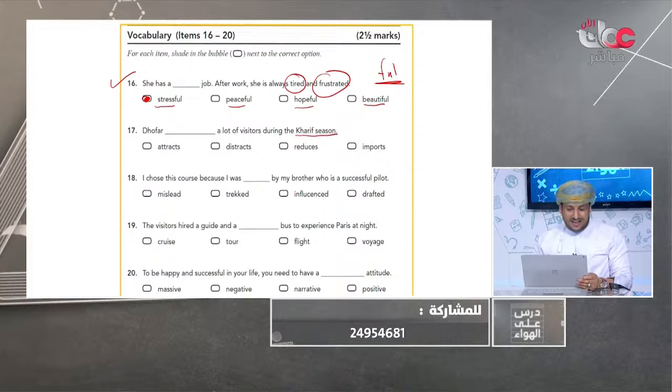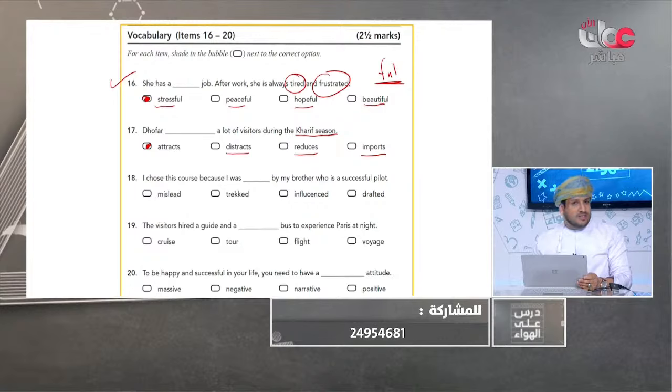So what is the correct answer? ظفار، محافظة ظفار ايش تسوي حال السياح في كل صيف في كل خريف؟ تسوي لهم distract، ابعاد، reduce، يقلل، خطأ. إذا هنا أنا أقلص الخيارات معي. أو import يستوردوا a lot of visitors. وإيش الإجابة الصحيحة اللي باقية؟ أول واحدة. How can you say it? Attract. What's the meaning of attracts?